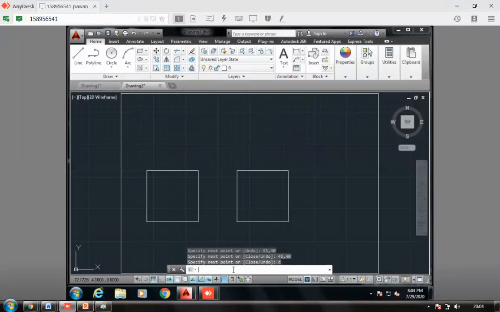I'll be coming here and saying line again, enter. It is 80 comma 20. So I'm getting my first point. Now the distance to the right is added with 15 again. So 80 plus 15 will be 105.